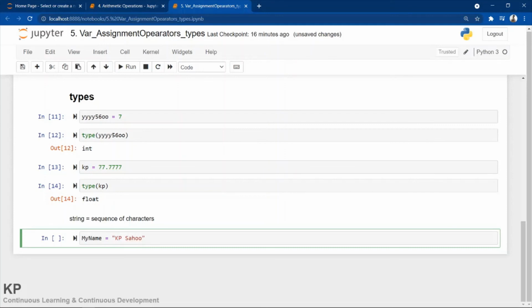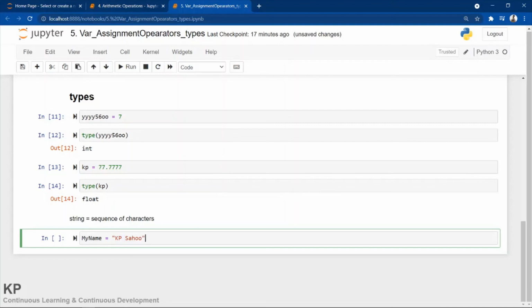So this is a string, a sequence of characters: first K, then P, then a single space. This is also a character, and it is counted behind the scenes. Whenever you see slicing, this will play a vital role. So don't think there is nothing, there is one space.